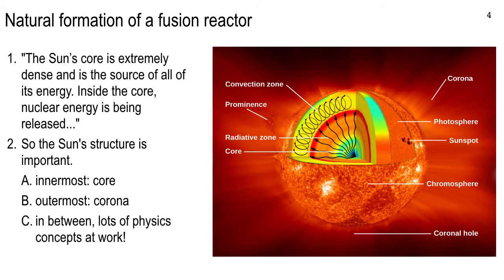The outermost part is called the corona, and that's the part that you see in a total eclipse of the sun. The moon moves in front, just like we saw at the beginning of the semester. I think a bunch of you saw it. And in between those 2, the outermost corona and the innermost core, there's a huge number of physics principles